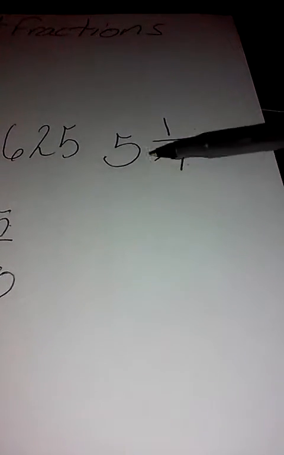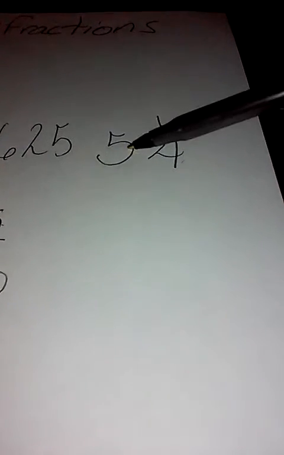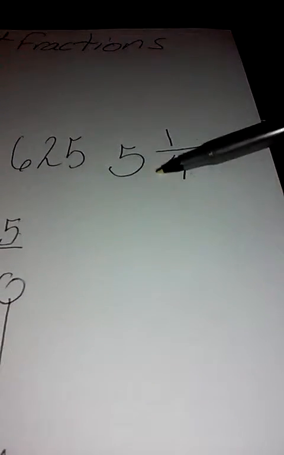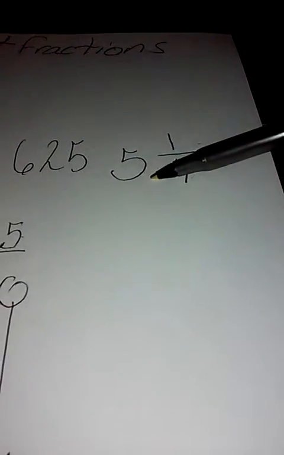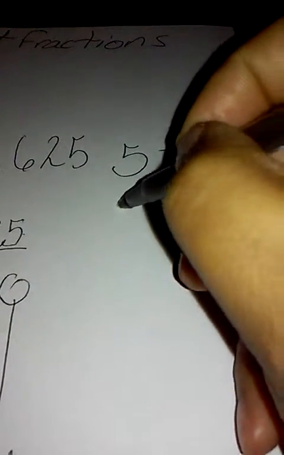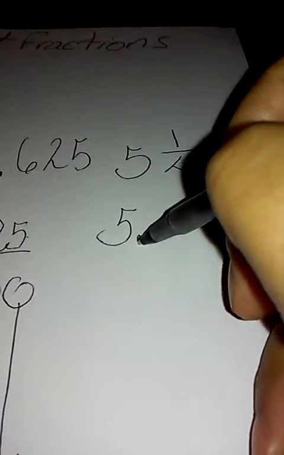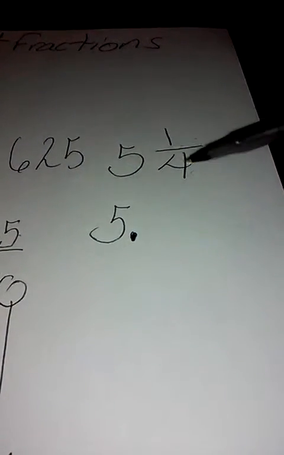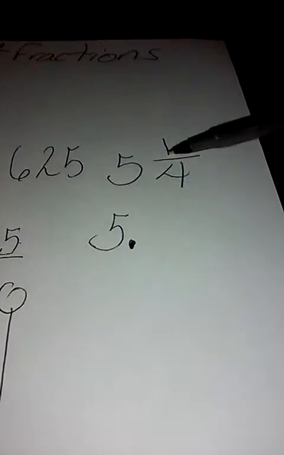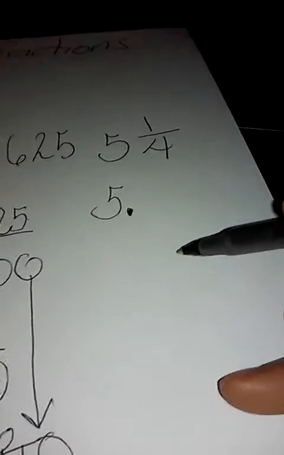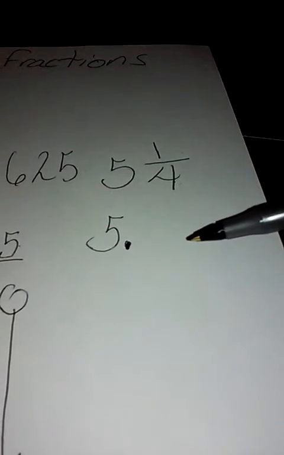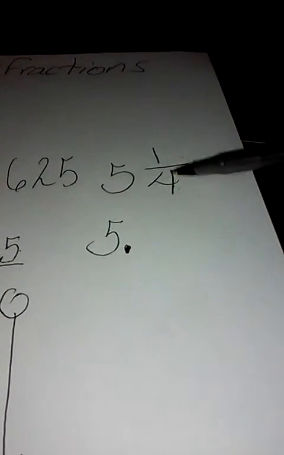Okay, and I showed you this one as well, the one with the whole number. I told you there was two ways we can do this. We know that whole numbers always go in front of the decimal. We could take this whole number right now, and we know that it goes in front of the decimal, so we could put it in front of the decimal right now and just divide the fraction out. Or we can convert this to an improper fraction and divide out the whole thing. It's just one has an extra, well, 2 steps. In class, most of you said